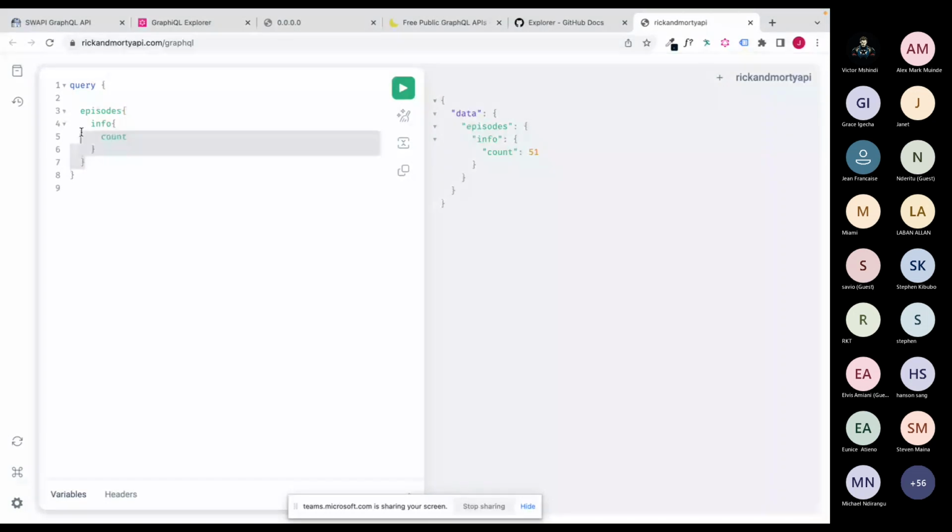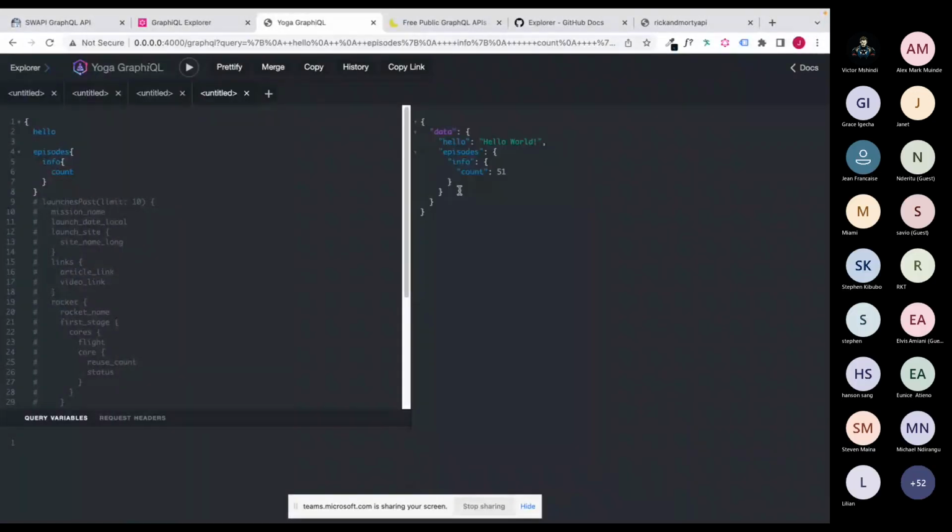Let's see if we can run it on a server. Yeah, and we have that on there.